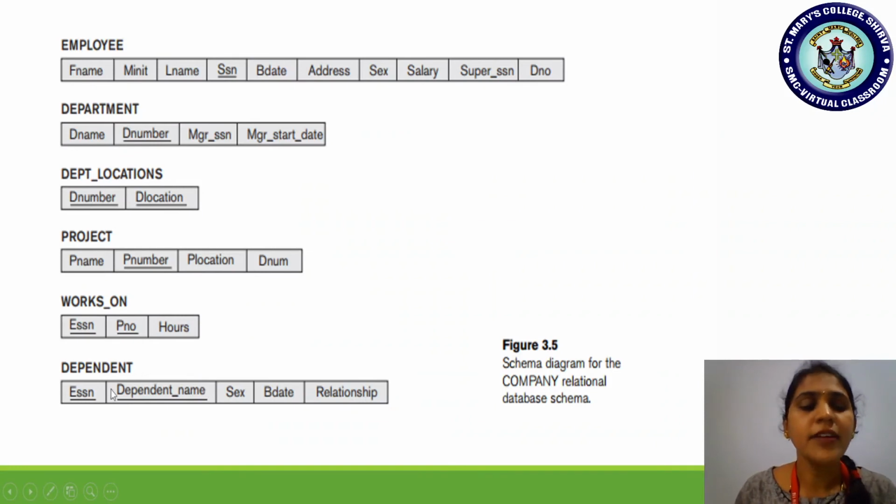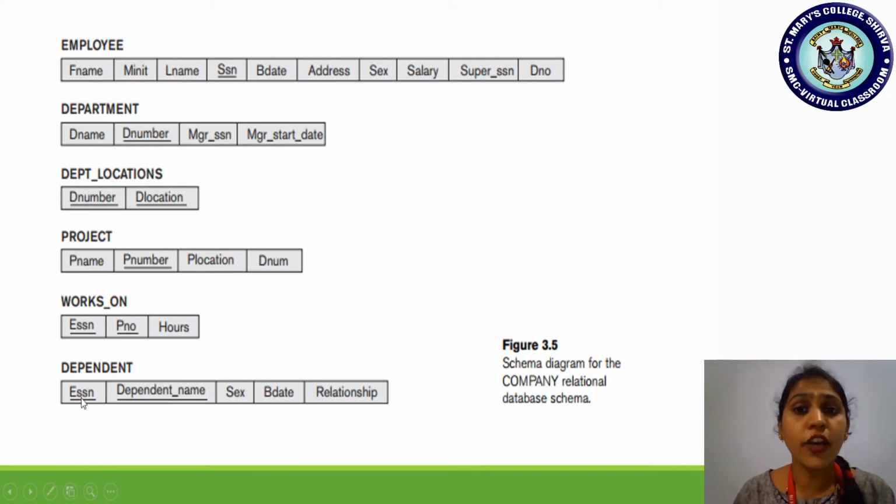Did you all understand? So what do you mean by composite key attribute, students? Just now recall, in the earlier session I had told, in the composite key attribute, the combination of attributes we take, there you are not finding any primary key. Yes. So here ESSN is not a primary key. We took the combination of ESSN and dependent name.